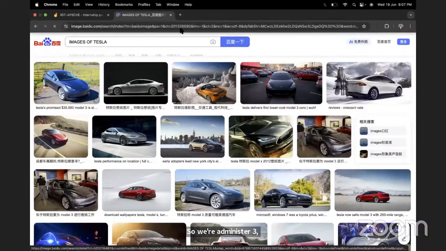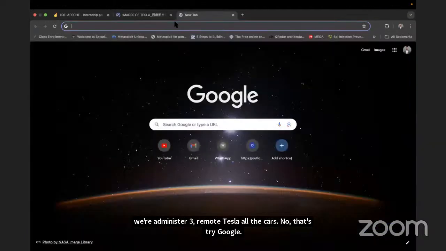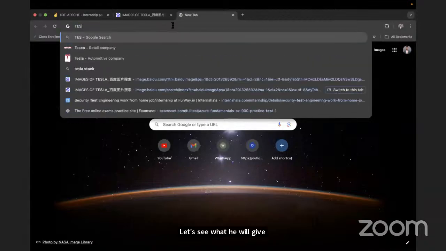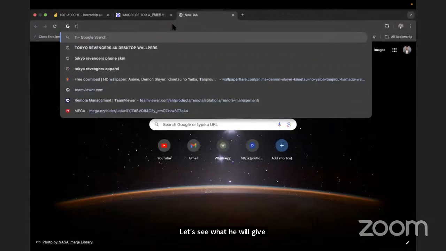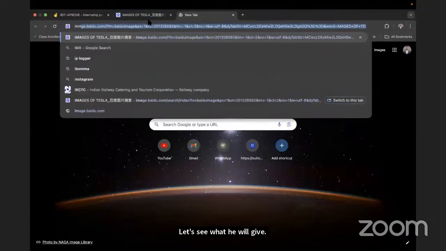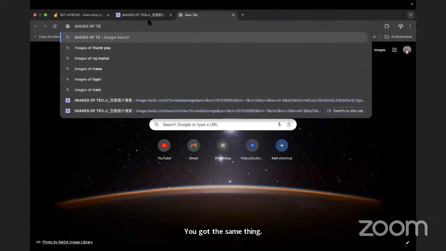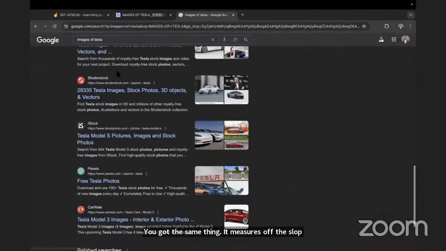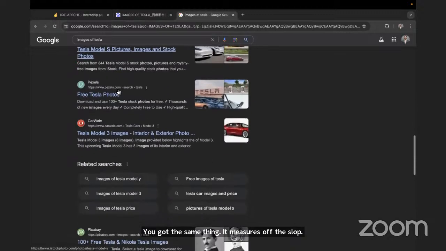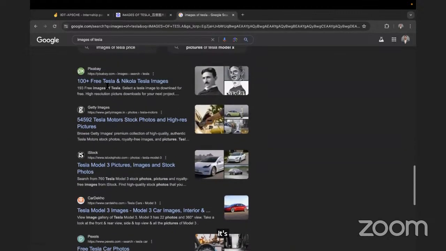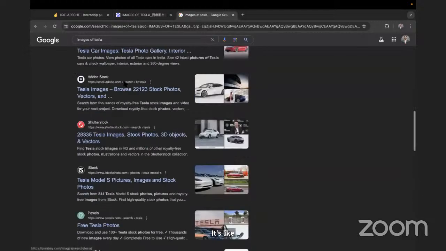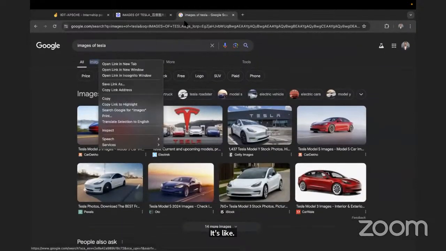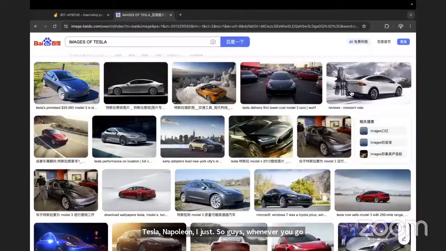Now let's try Google. Let's see what it will give. Here I will type the same thing. Images of Tesla. Tesla gallery 500 plus, Tesla stock, Tesla Nikola test images. So guys, whenever you go for Baidu, the reason why Baidu is considered a powerful search engine is because it can basically